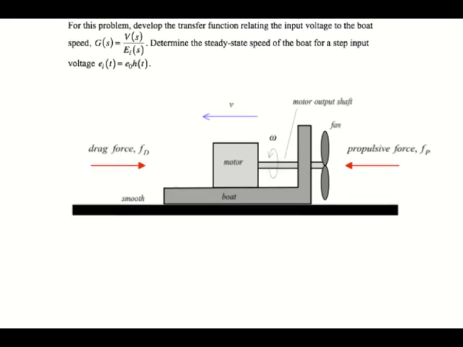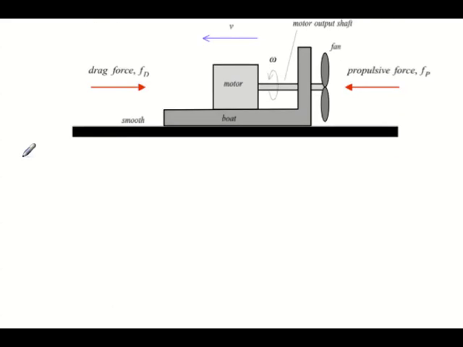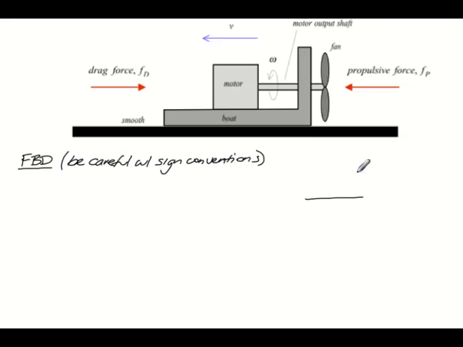Okay, the first thing we're going to do is begin with an FBD of the boat. And I think that one of the things to really take close note of here are sign conventions. So be careful with whatever sign conventions we have used in developing our motor equations. So if I make a sketch here of our boat,